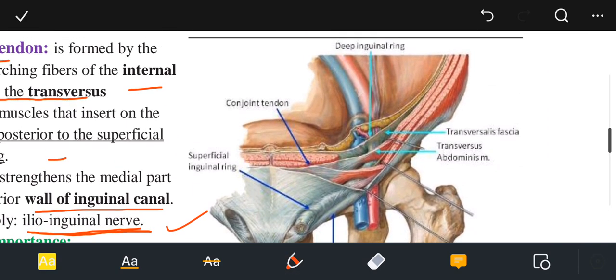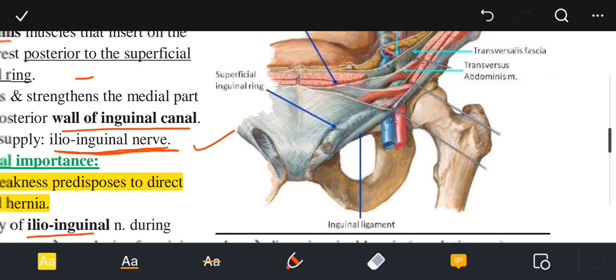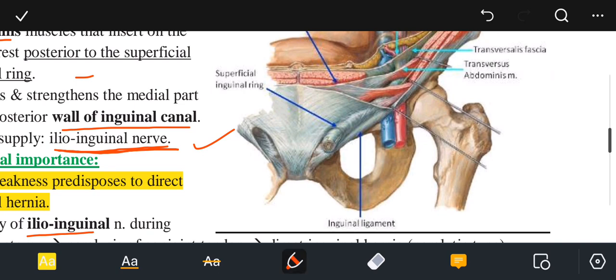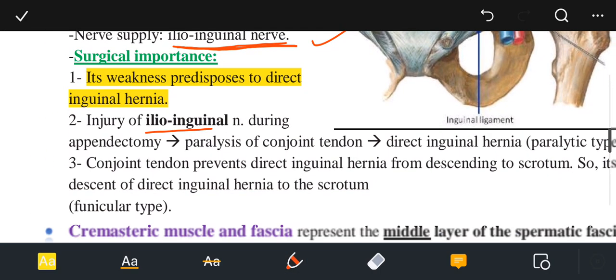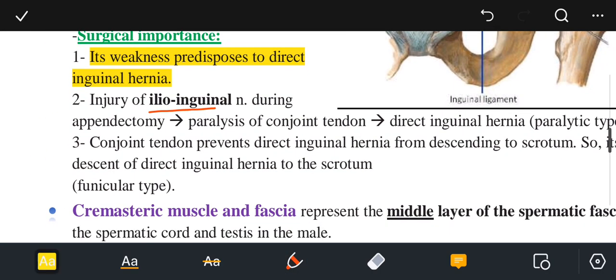So, the ilioinguinal nerve, how to remember that? This is just below the inguinal ligament somewhere, and just remember that it is being supplied by the ilioinguinal nerve. I don't know how to remember that, but the ilioinguinal nerve is supplying that, and if there is an injury to the ilioinguinal nerve,